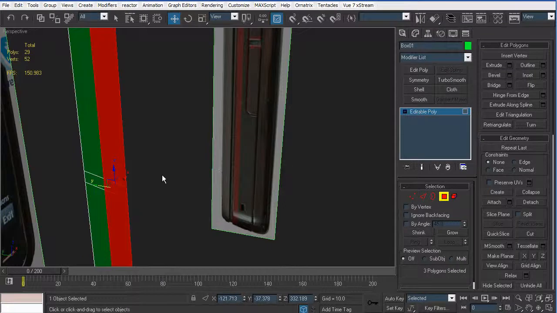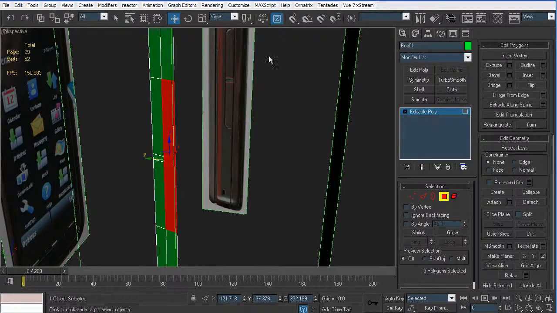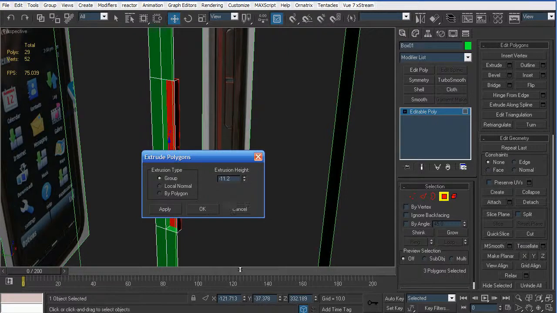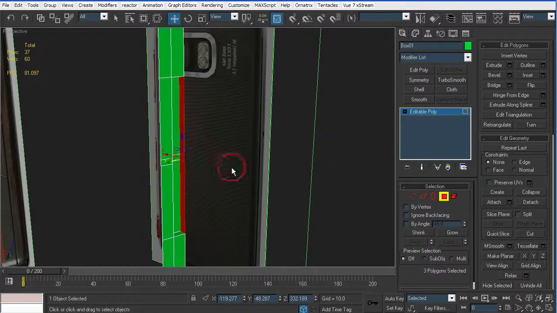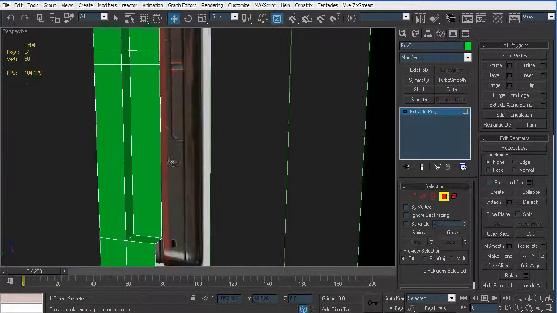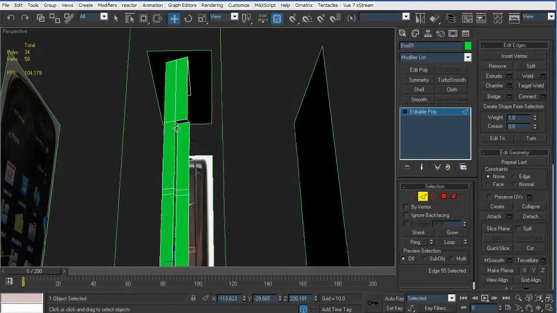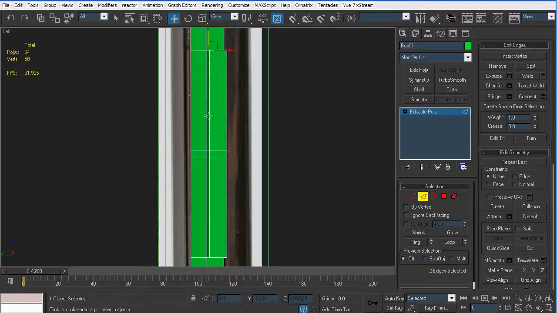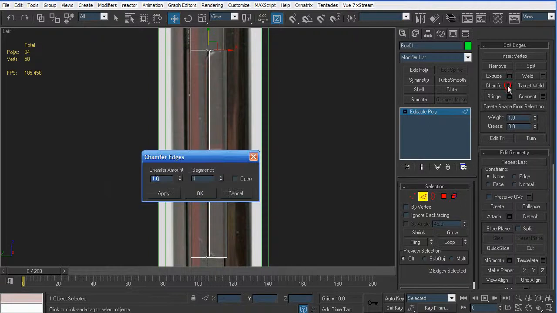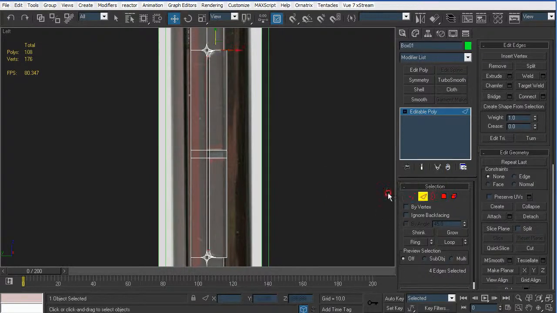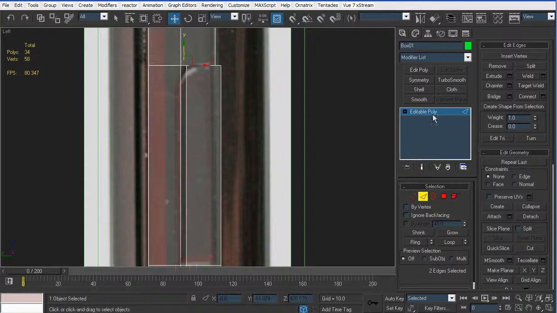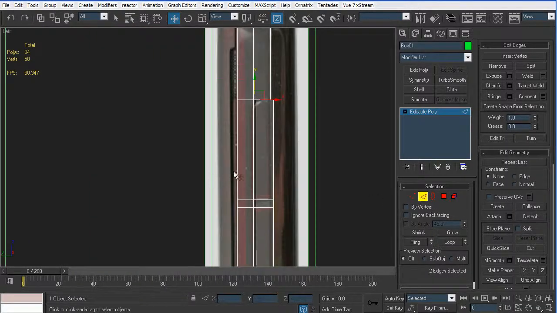Go to the perspective view right now and select those 3 polygons and extrude them inwards. -11 is fine, and then delete those since we won't need them anymore, and then select this edge here and that edge right here. Go to the left view again and chamfer them, and increase the chamfer amount that much, and say 12 sides will be good, but that's a little bit small, so we have to make a few adjustments. So pull that